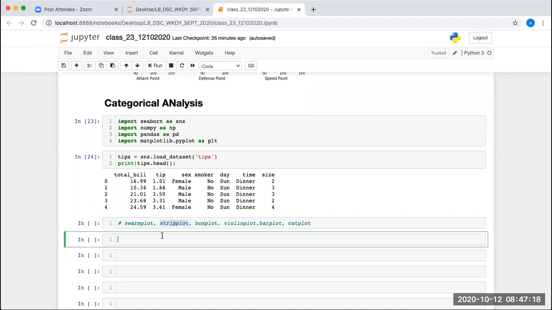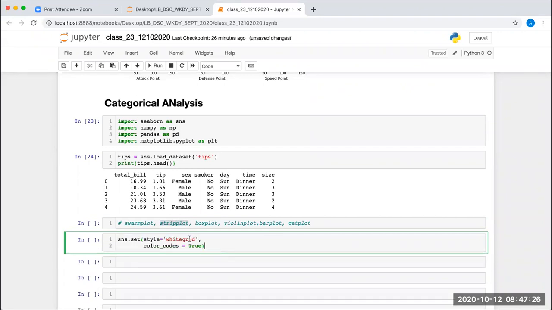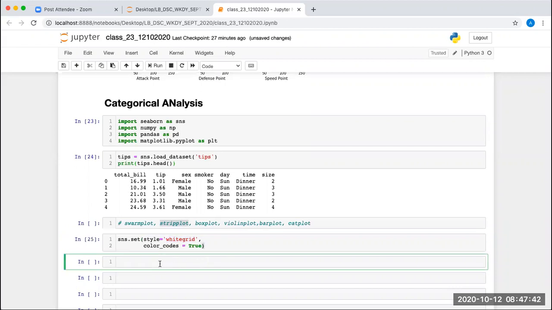So for that I'm going to use first of all strip plot, and I'll be setting the white grid. I'm setting style is equal to white grid and color code is equal to true. So basically I want color coding in all my plots, and style white grid, so a white background and that grid in every plot. If I execute it, that will be set automatically.